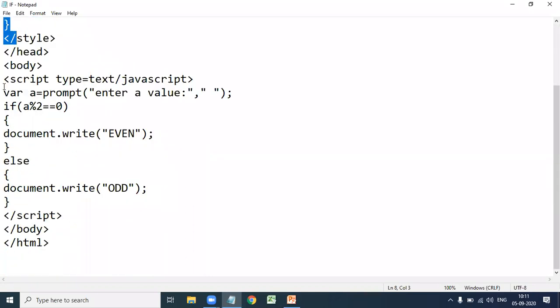Next, in the script, a equal to prompt of enter a value. Here we are giving input to the script using the prompt method, and that input is stored in the variable a. Here, if a percent 2 is equal to 0, even, otherwise odd. Let us execute this one.